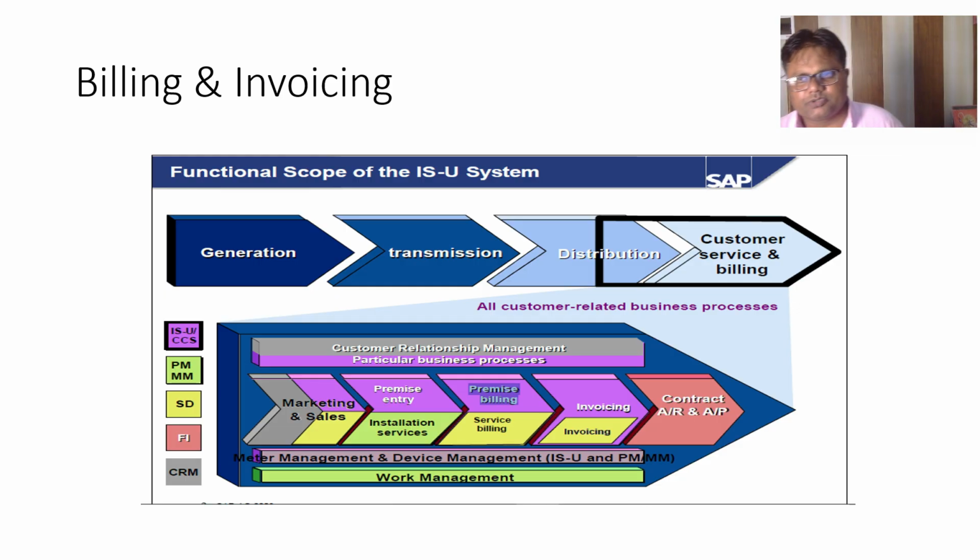Based on the sampling procedures, if the meter is found okay and fulfills the parameters, then all the lots will be selected, otherwise it will get rejected. So all the procedures you have to map in the SAP system. All the meter cycle you have to map in the SAP system.